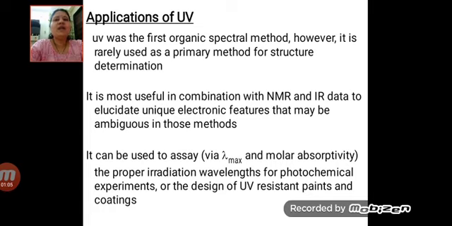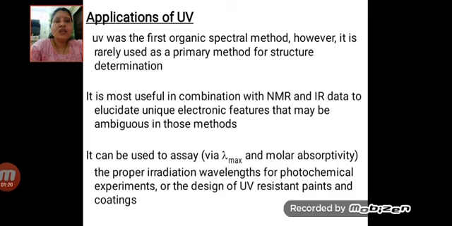Instrumental parameters like wavelength, the slit width, and the scanning speed you have to decide. So these are the optimum conditions for the spectrophotometric measurement.